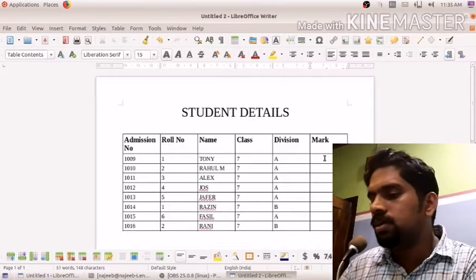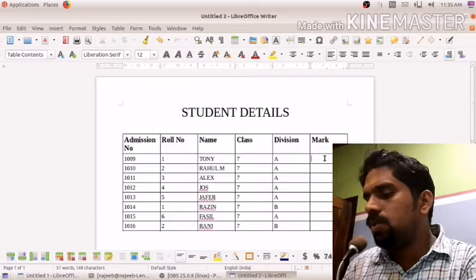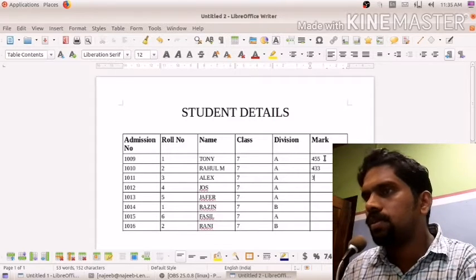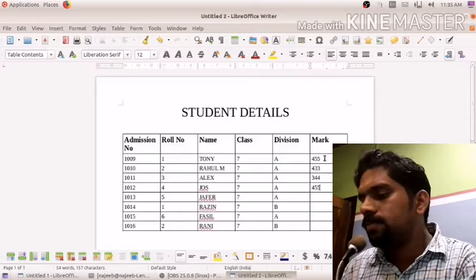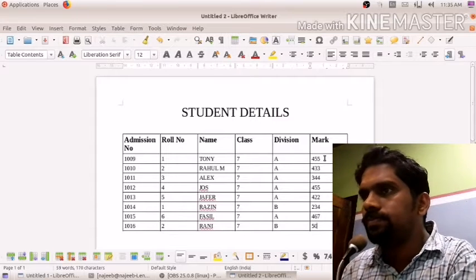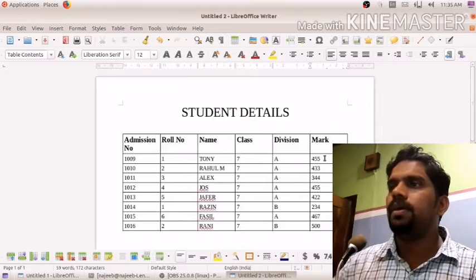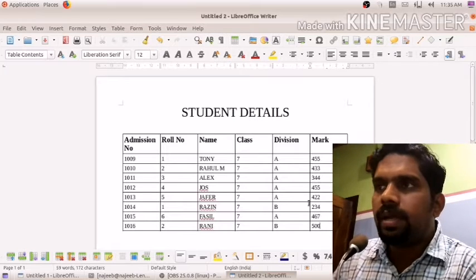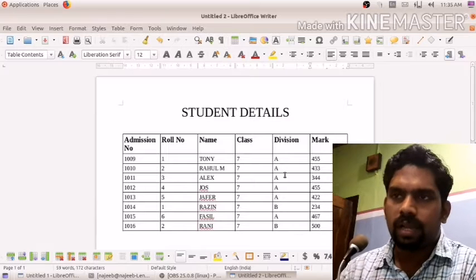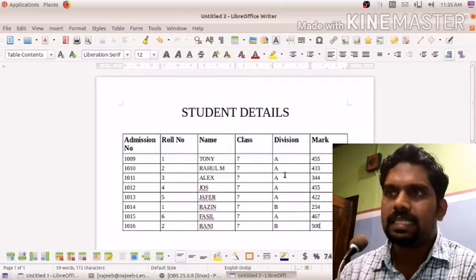I want to enter a mark, out of 500. I have given marks out of 500. This way we can add a new column to the right or to the left.